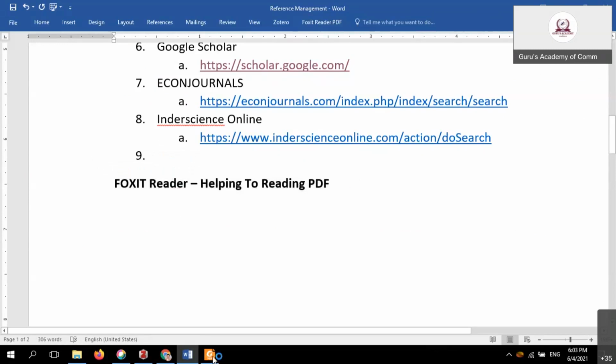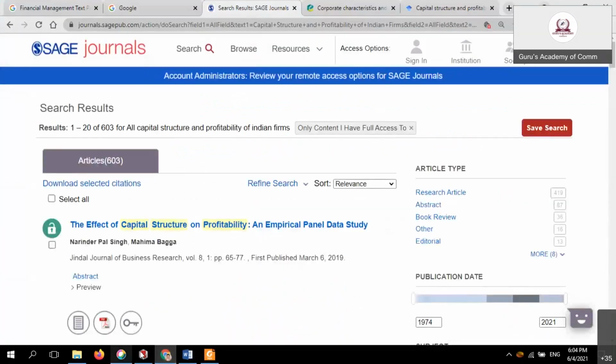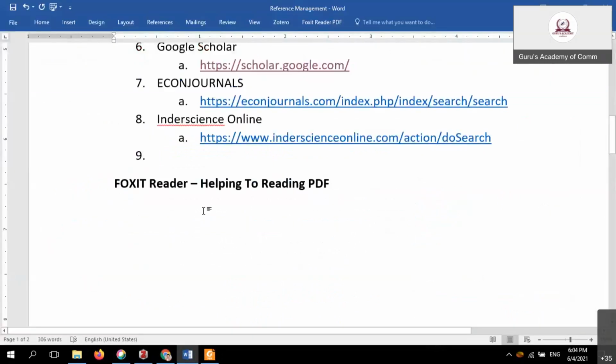This is the Foxit PDF reader. Only one PDF reader will be installed here. If you want to install it now, simply go to Get Into PC site. Simply Google search that content.